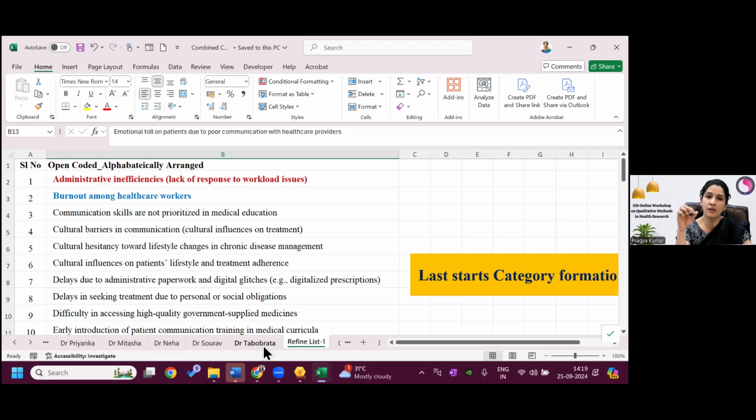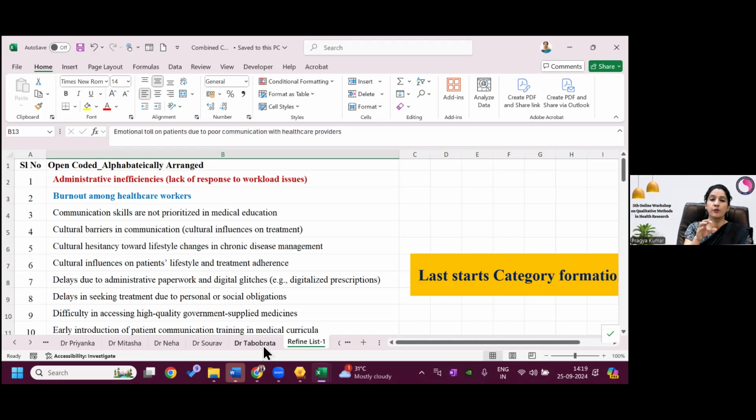Again, I could not discuss the concept of solo coding versus team coding. Remember, I said that I will discuss. What you have all done was team coding, with 10 people coding the same transcript.